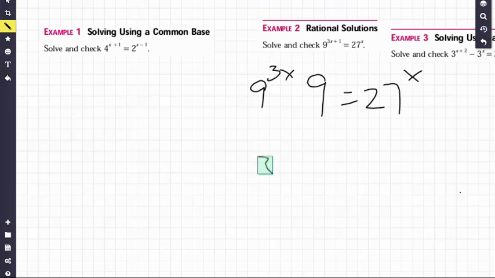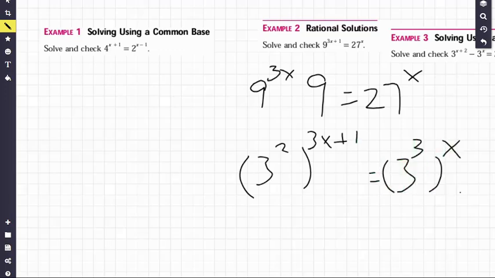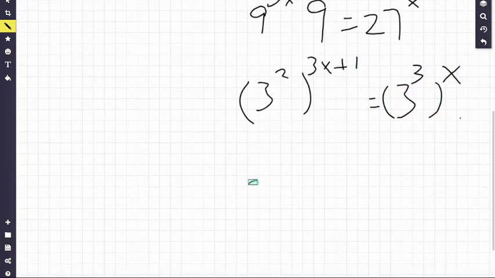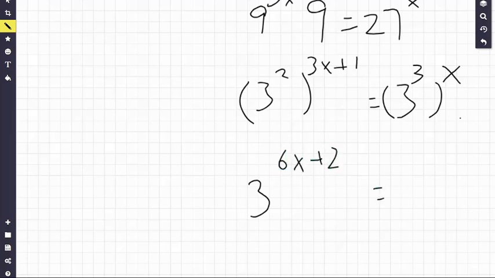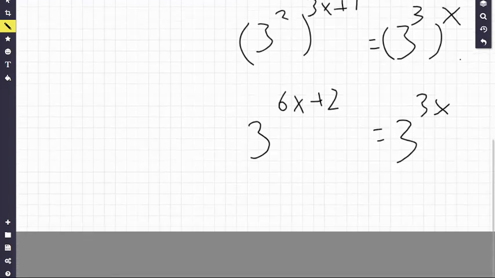So we'll do 3 squared to the 3x plus 1 is equal to 3 cubed to the x, and then we'll have 3 to the 6x plus 2 is equal to 3 to the 3x, and then we solve 6x plus 2 equals 3x, which will get you